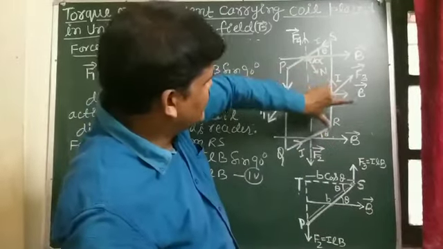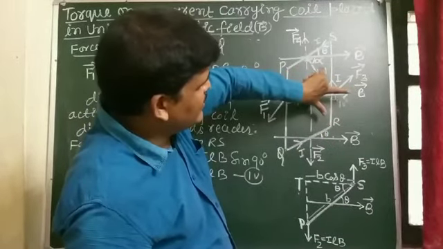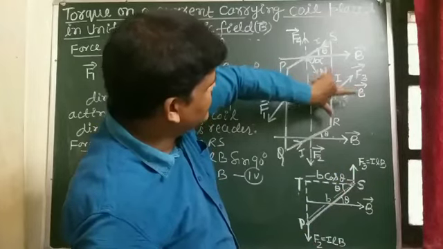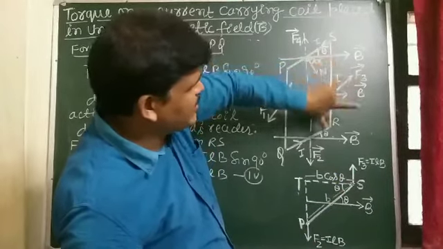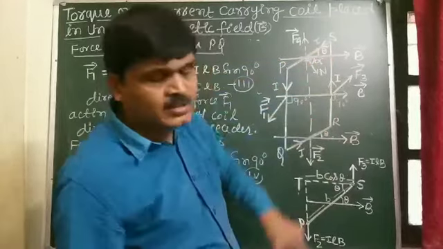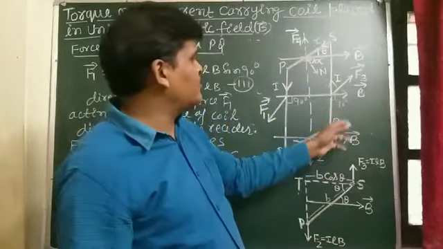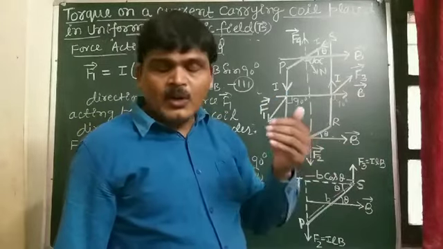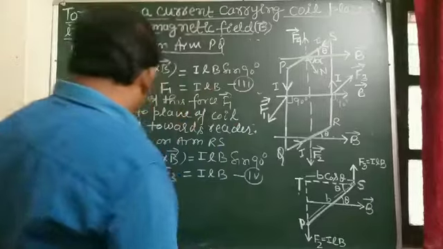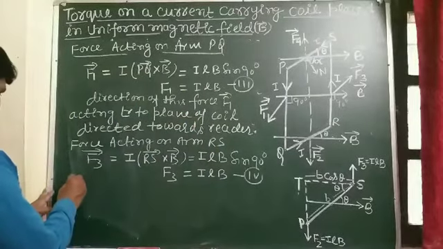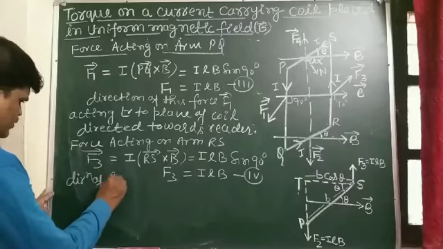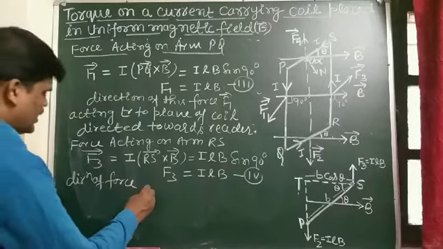So student, magnetic field, that is what, right direction, and RS, central finger. So direction of the force acting on RS is perpendicular to the plane of the coil, directed away from the reader. So direction of force acting